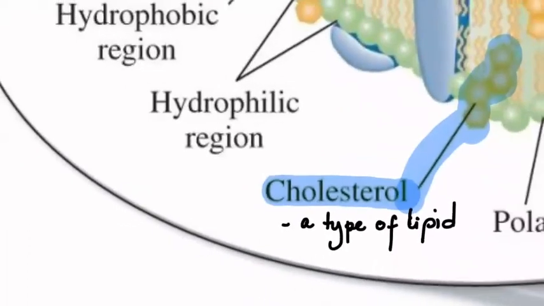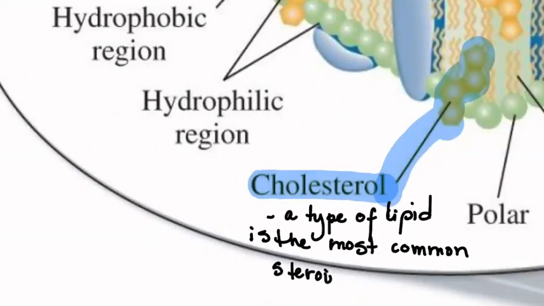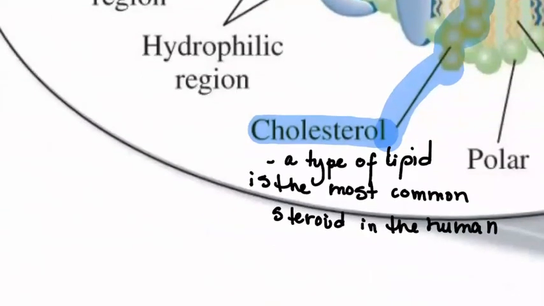So cholesterol, which is another type of lipid, is the most common steroid in the human body. It is very important because, as you can see here, cholesterol is going to be part of the structure of